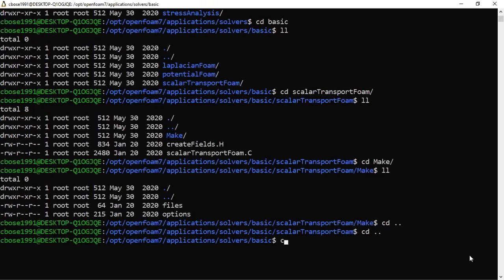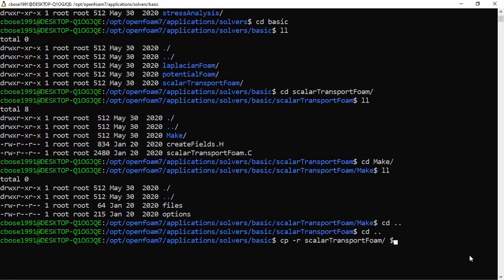Okay. So for that we will do cp, and since it is a folder we will do -r, then which folder we want to copy, scalarTransportFoam, and then the destination. So where is the destination?